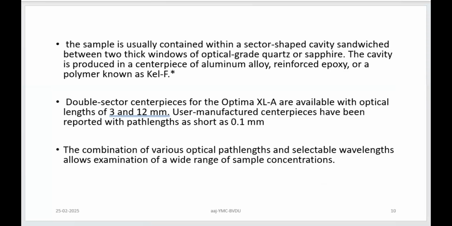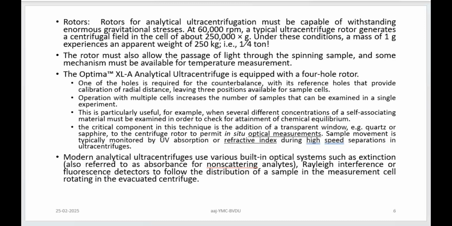Now, let's go for the design of the process and then the details on it. So when it comes to analytical ultracentrifuge, as you can guess, the rotors and the analytical instrument that is attached to it are going to be important. So as I said earlier, 60,000 rpm is typically used. Rotor is going to spin at that rate, and it is connected with the instrument where optical principles are used.